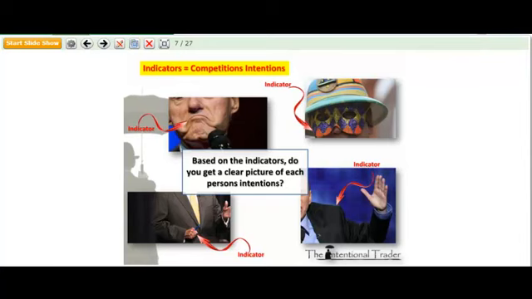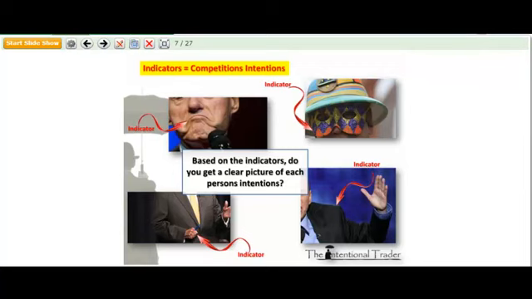And in and of themselves, these indicators may or may not give you the complete picture of what this person's intentions might be. Okay, so using a grimace as an indicator of what this person might do next, or maybe somebody wearing a mask, or has their shoulders hunched up a little bit, or maybe they're making a fist. Just by looking at these individual things, do you get the sense of what these people are likely to do next?